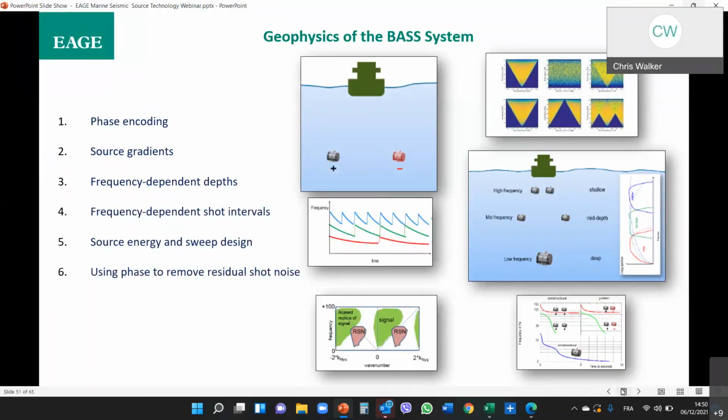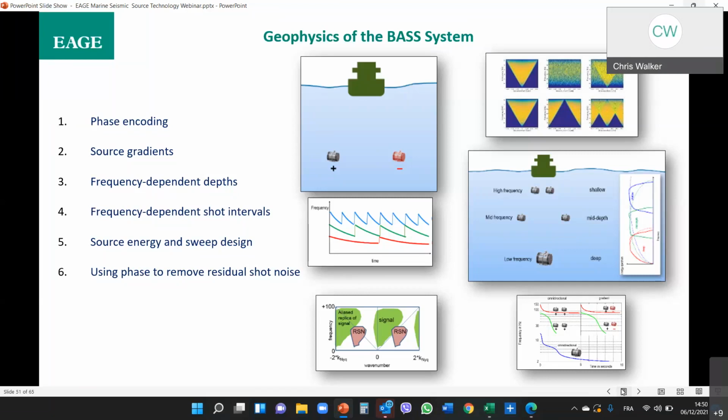Sorry to interrupt, Tim. You could use slip sweep, but we probably aren't going to have as many vibrators operating in the marine environment unless we go to a radically Delphi-type system. Yeah, so I'm not sure how many vibrators Shearwater is planning to use. You mentioned 36 or so for the chip.